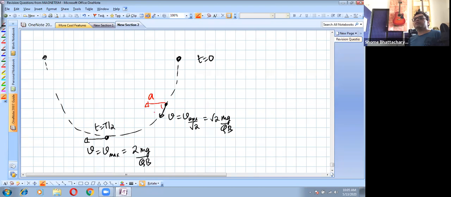It will be at 45 degrees to this, whereas... okay. So you can see that that acceleration will have the same magnitude as this acceleration. Will have the same magnitude as this acceleration. So